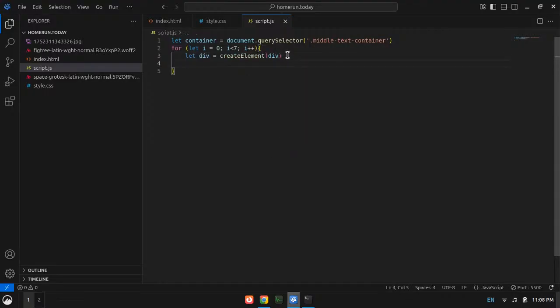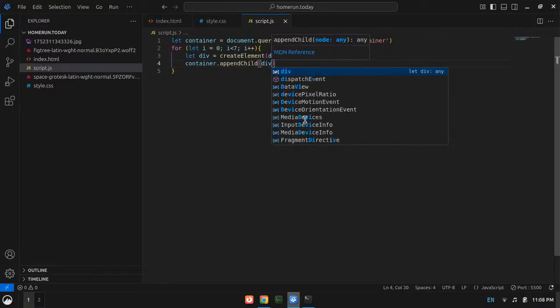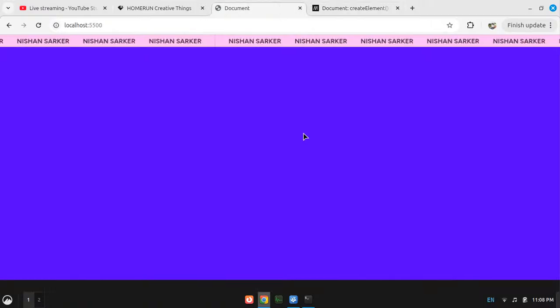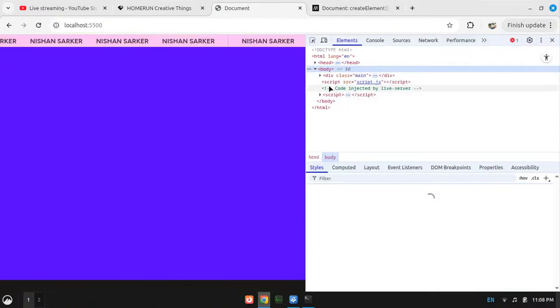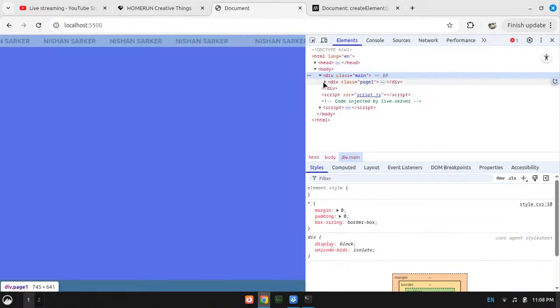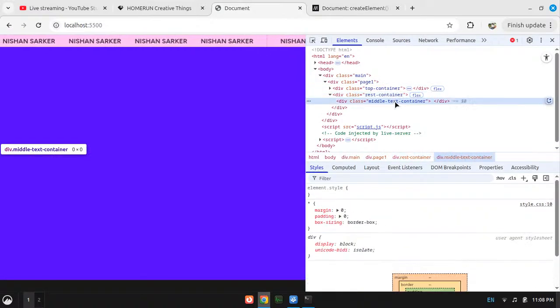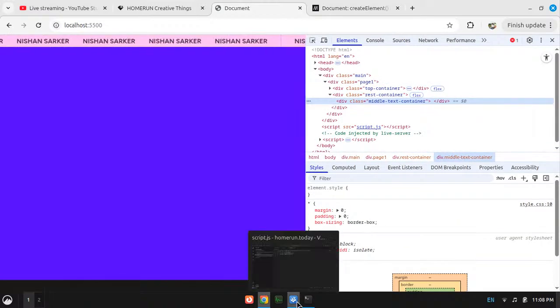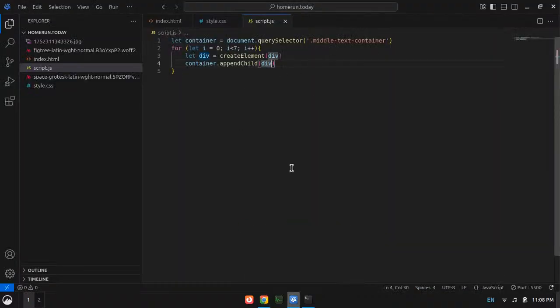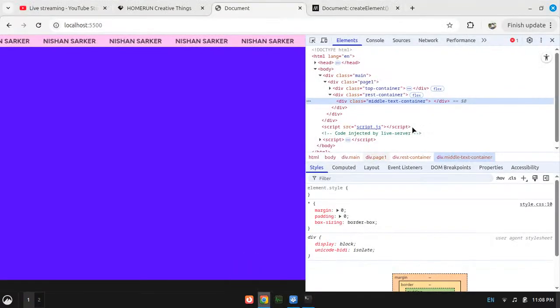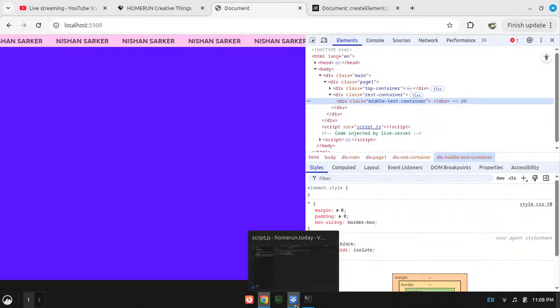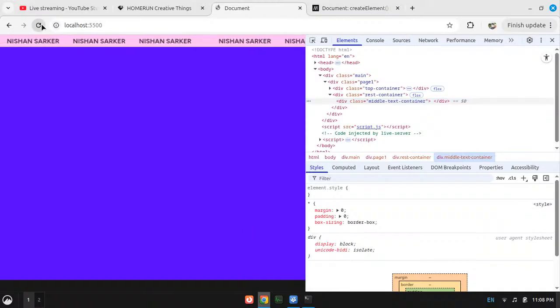Now if I say container dot appendChild the div, I should see that in action right here inside the main, inside the page one, inside the rest container, inside the middle text container. Right, it doesn't have anything. Middle text container, it is there, but it doesn't have any children to it. Why?